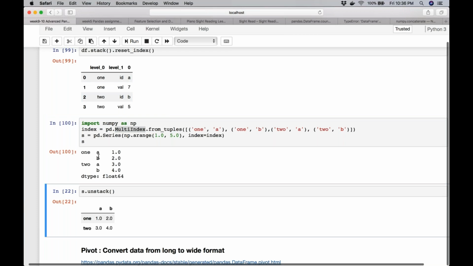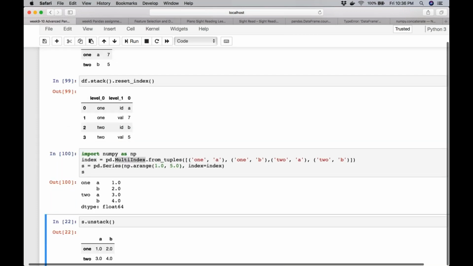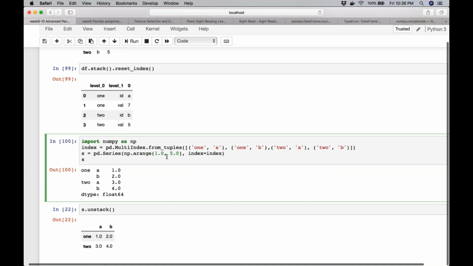So this is level 0, this is level 1. So this is exactly what we had earlier, but I created it using multi-index from tuples. So we have level 0, level 1, and then there are corresponding values. The value is simply a series, right? I have just used a range 1 to 5. So I have those 1, 2, 3, 4.